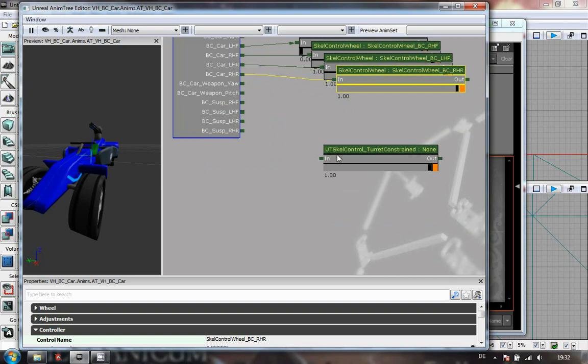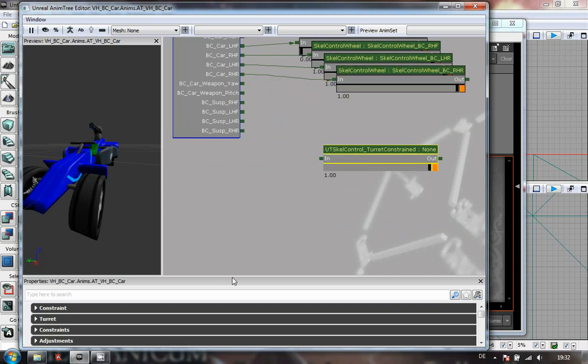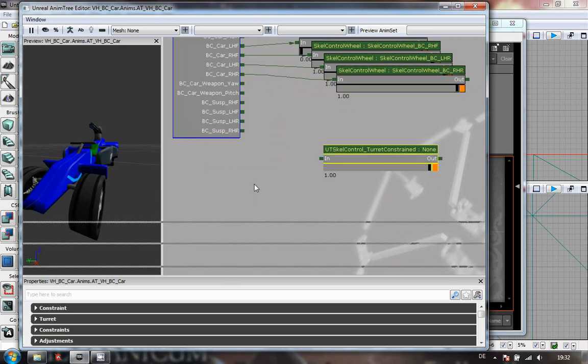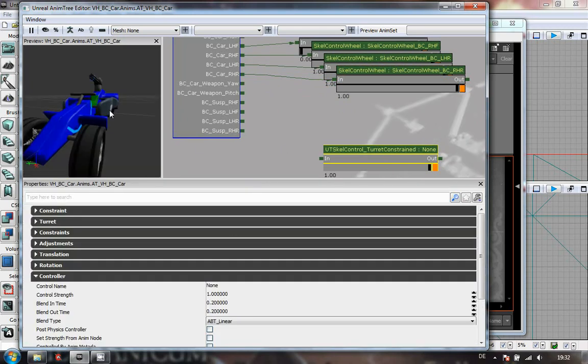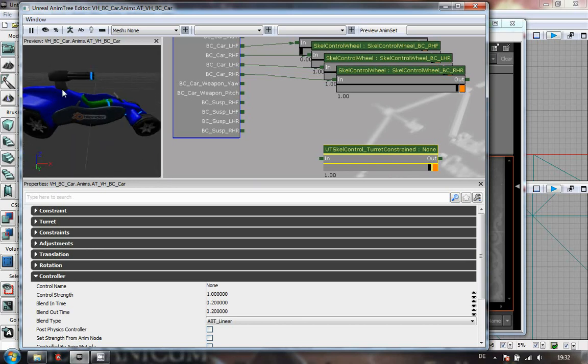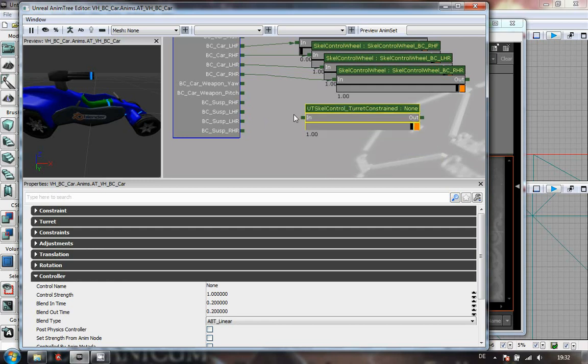Right, so what we're going to do here, now I'm not going to play, because of the way my thing's set up, what I want to do is control the bone here and the bone there. Alright, so I'm going to need 2 controllers. I'll just move this up. First thing I'm going to do is name it BC